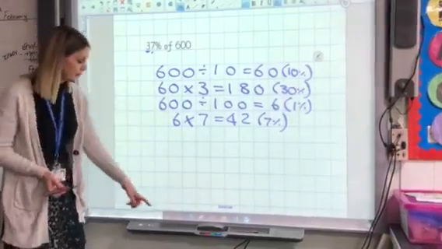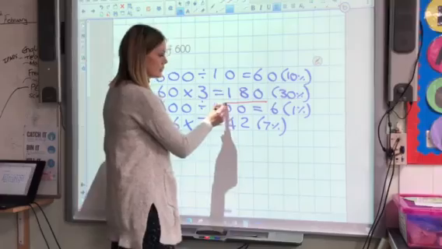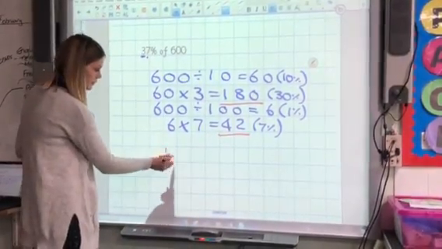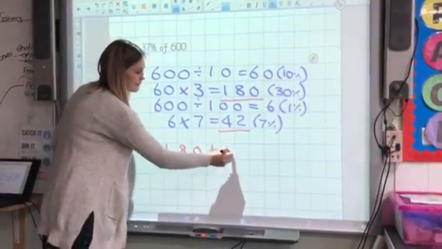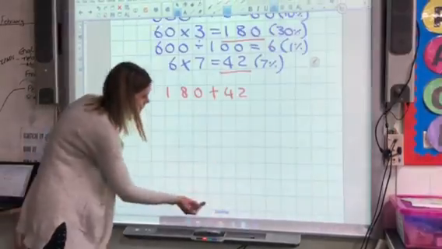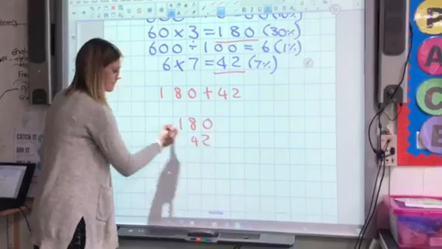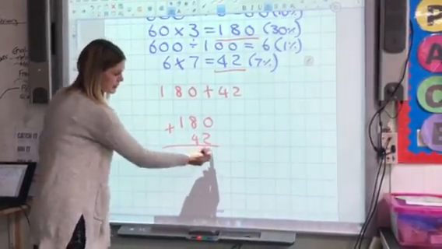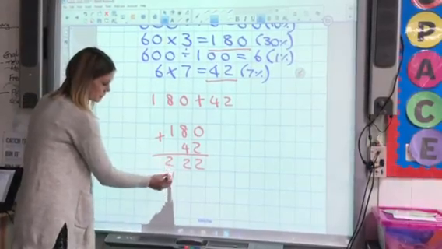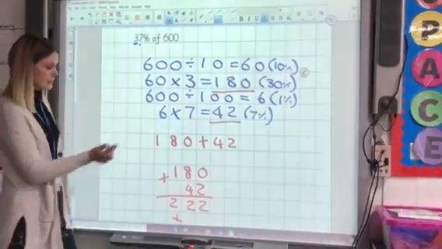I then have a look at my number. Well, it's 30 and 7%. Well, 30% is 180, 7% is 42, so therefore I need to do 180 add 42. If you can't do that in your head, then all you need to do is do your column addition. 2 add 0 is 2, 8 and 4 is 12, 1, add your 1 at the bottom is your 2. So therefore, 37% of 600 equals